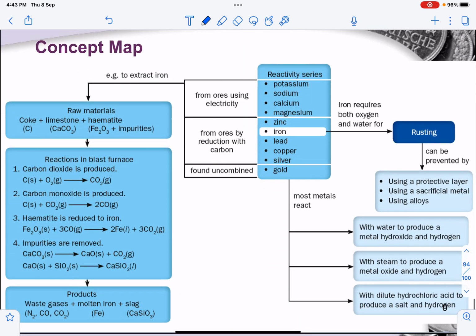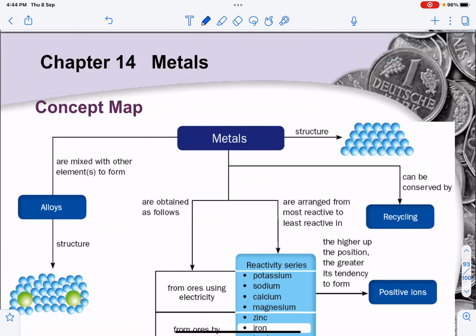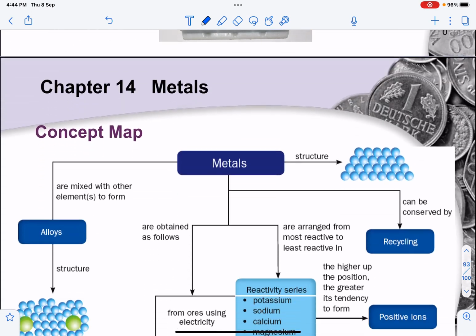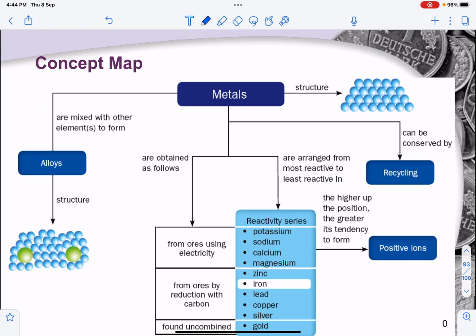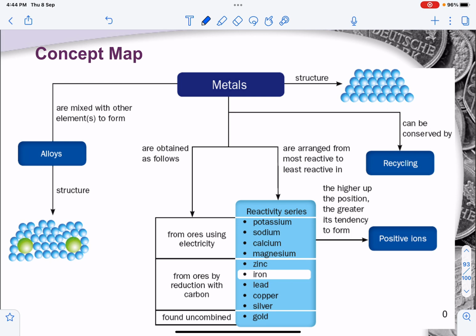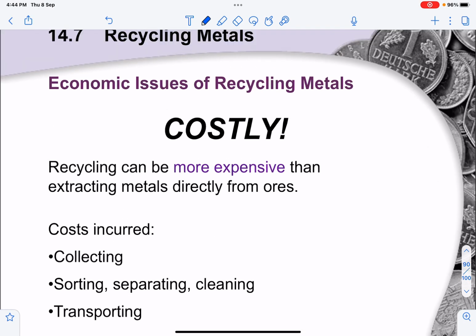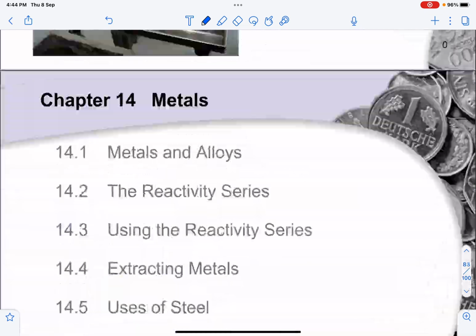Okay, so that is all for this particular chapter of matter that we have gone through. It's a very wide topic, whereby you could see that we went through, number one, the structure of metals and how having an alloy disrupts the regular arrangement to make it stronger. We followed up by talking about the reactivity series and how the individual order is determined. Okay, so if we were to refer back to